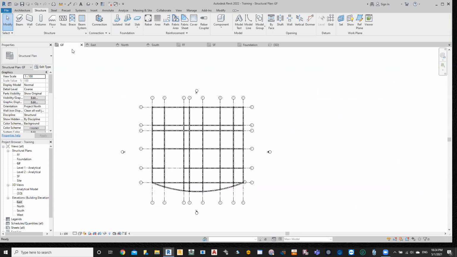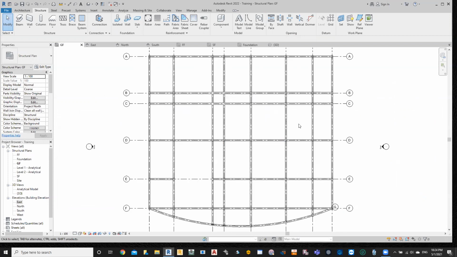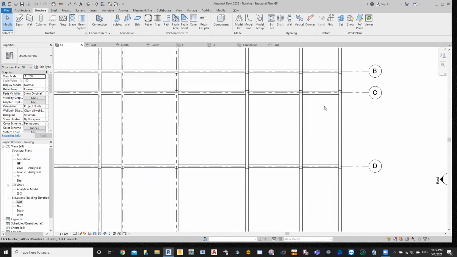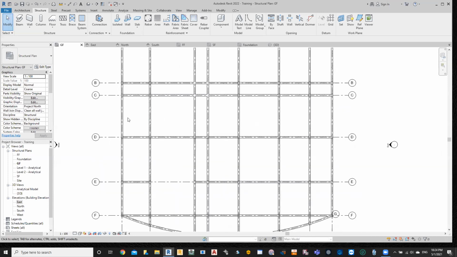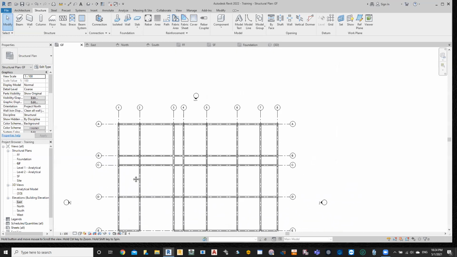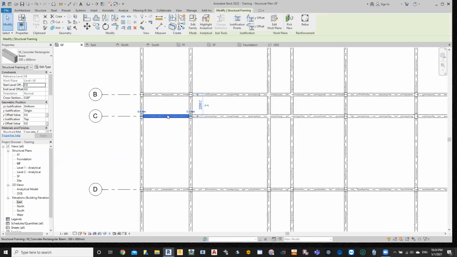Next step, I want to elevate the columns, or let us draw a wall as well, just in case you might be requiring a lift, for example. Okay. So let me choose a good position. Okay, all of them are huge for a lift actually. Okay, for example, I'm going to choose